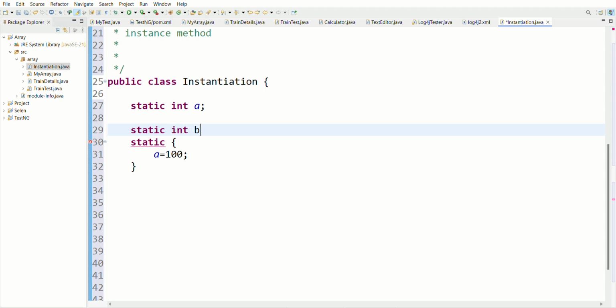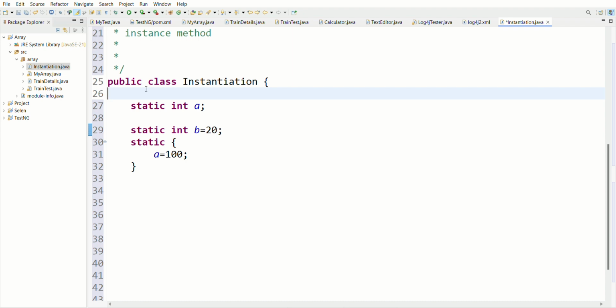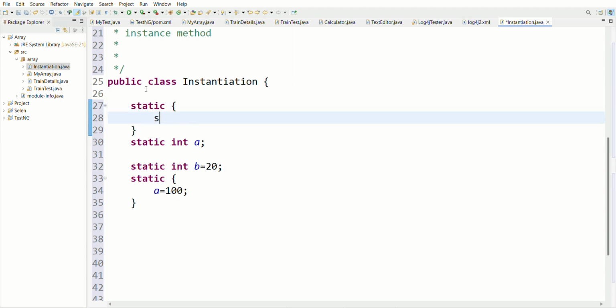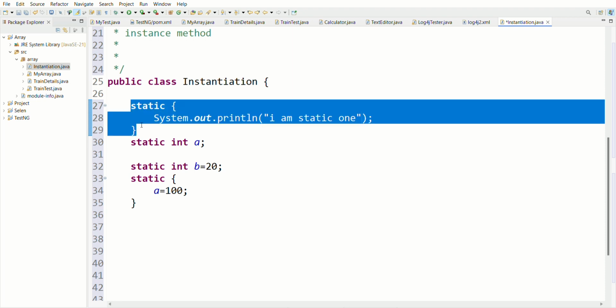Static int b is equal to 20. Let me write one more static block. Static, System.out.println, "I am static 1". This is my first static block.